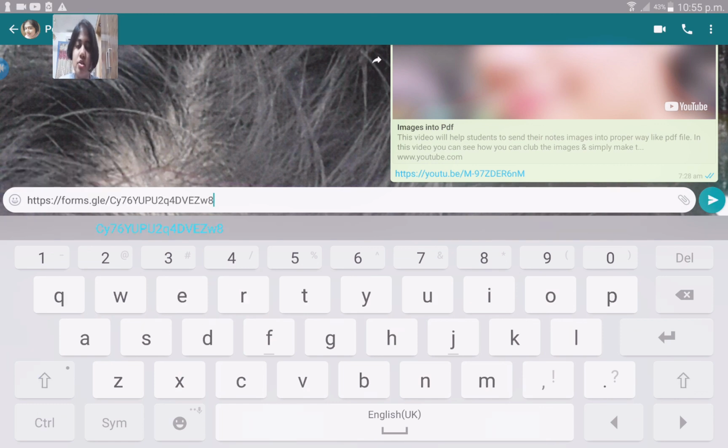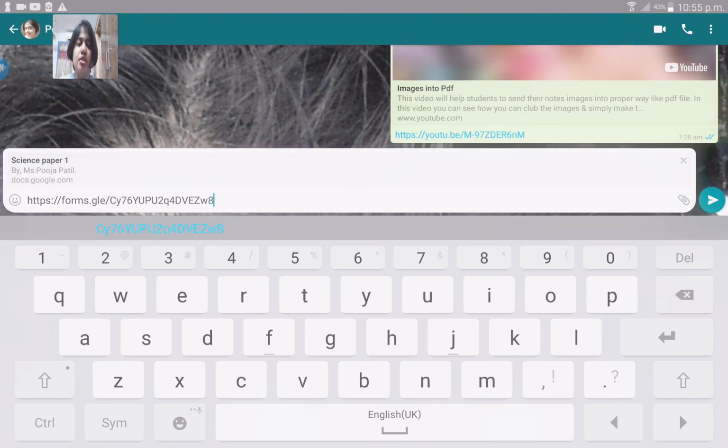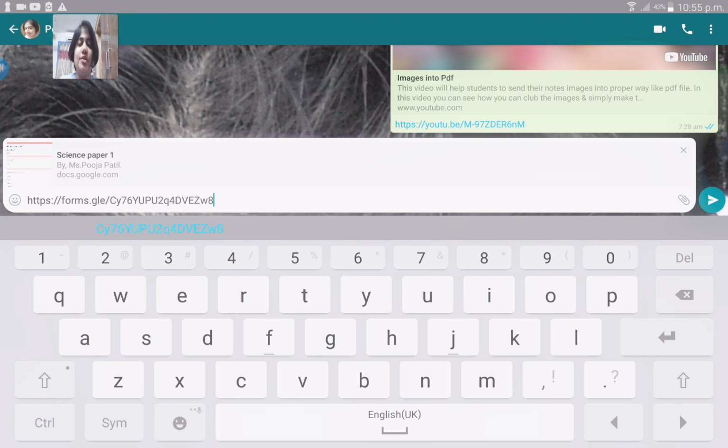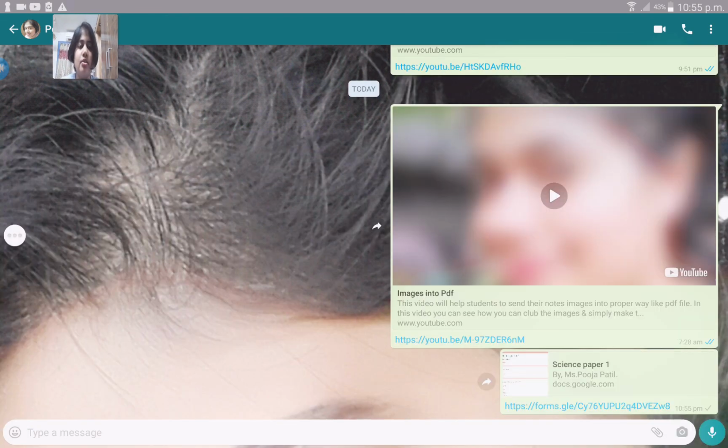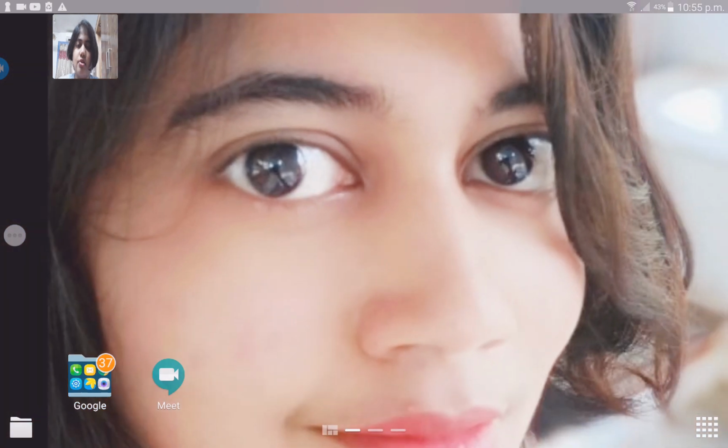This is how you need to paste your link. You have to long press it, then it will get pasted. And as you can see, this is the Science Paper 1 by Miss Pooja Patil Google Form, and it will appear with that thumbnail picture. Now you have to share it. This is how you can share your Google Forms to your students.